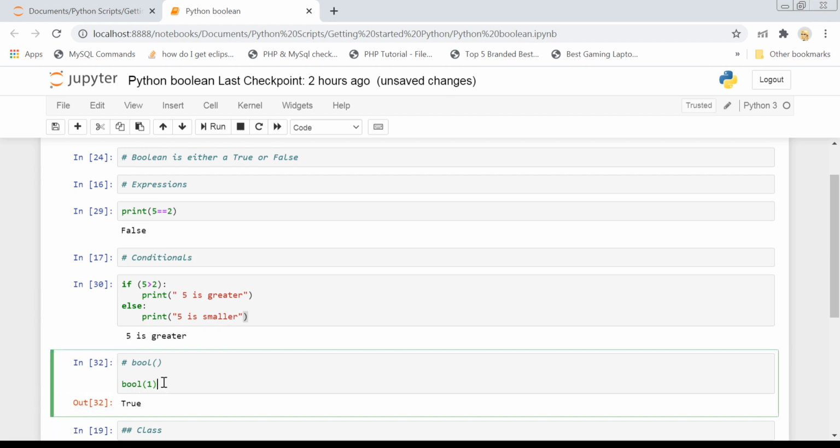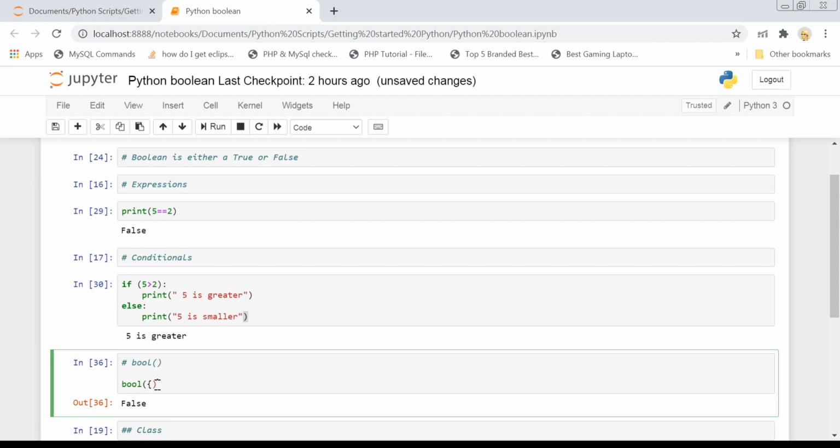It will only return false if you pass 0, or an empty string instead of a full-fledged string, or an empty list, an empty set like this, or an empty tuple. This is a tuple, and if you pass it, you can see that the value is false, and if you pass an empty set, the value is also false.